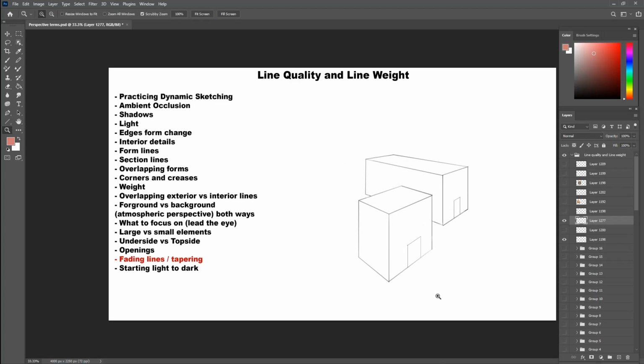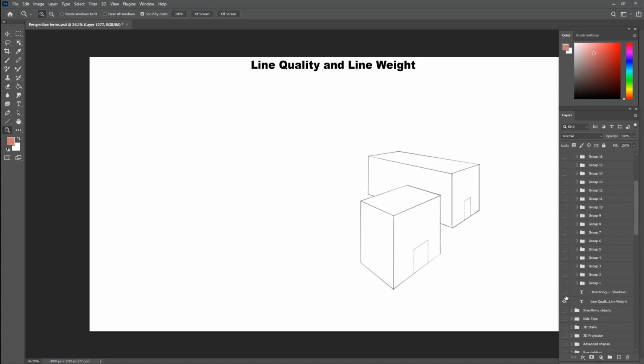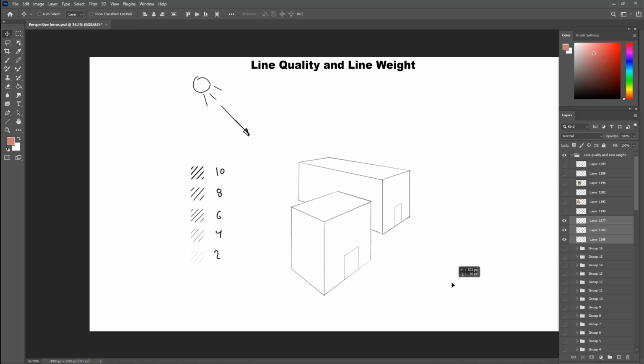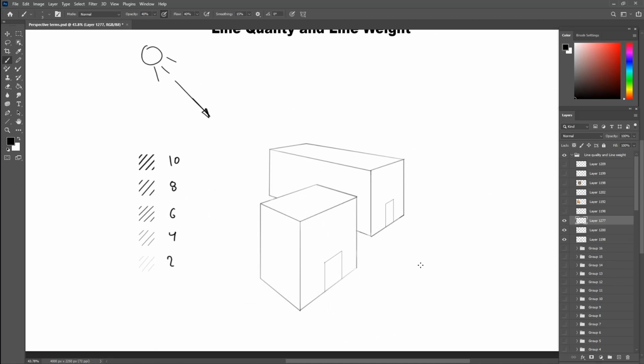Alright, now that we know all the factors of the line weight, let's see how we start drawing these lines. We saw a lot of examples already, but how do we start? We start usually from thick to thin, dark to light. But it's not a rule set in stone, of course. Some artists like to start from thin to thick, or light to dark, depending on the object. If the object is in a high key painting, as in more light than shadows, it's better to start light to dark, and vice versa.